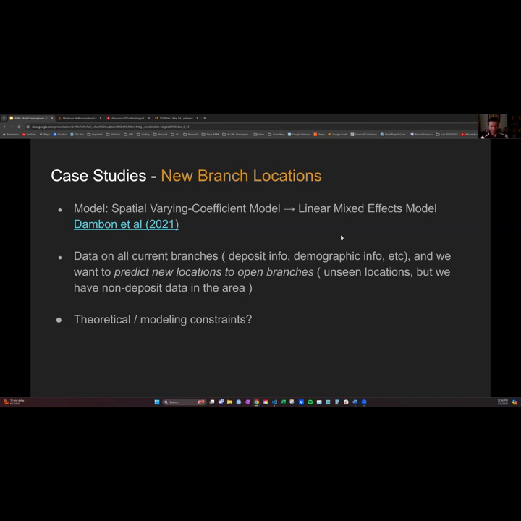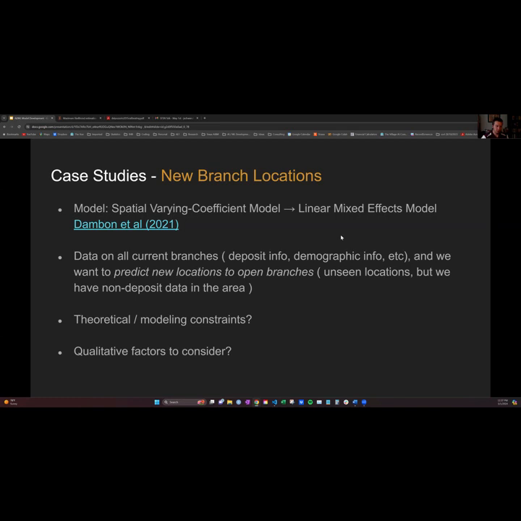But in this instance, we had different hierarchies, right? So we had east, west, north, south, central as our 5 huge regions. And then within each of those regions, we broke it down by state. Within state, we broke it down by county. And so we tried to find the within subject effects and between subject effects, where the subjects were the branches. And then using that, we could extrapolate a little bit better to these regions, because we would be tying the regions to the predictions rather than a specific unseen point. So that's something that we're currently working on. Yeah, so that's the first example.